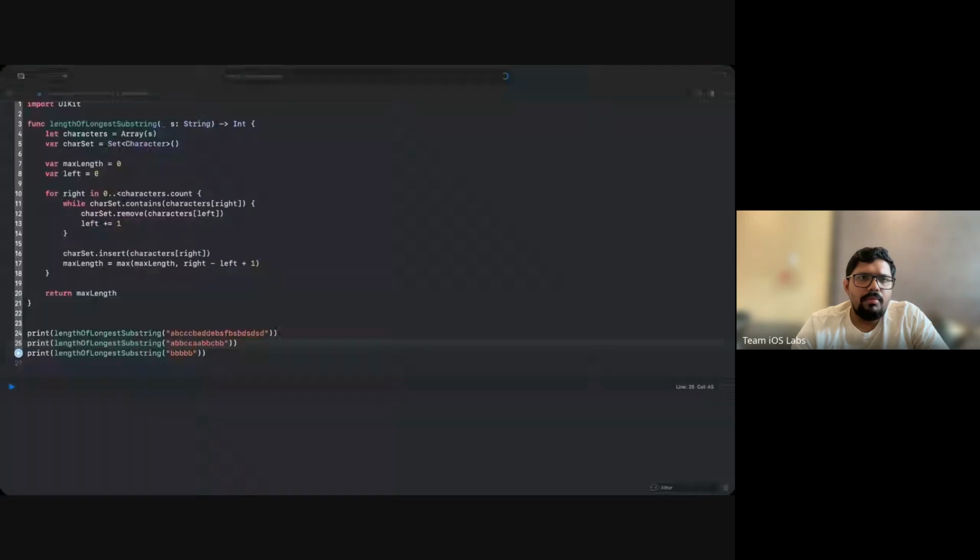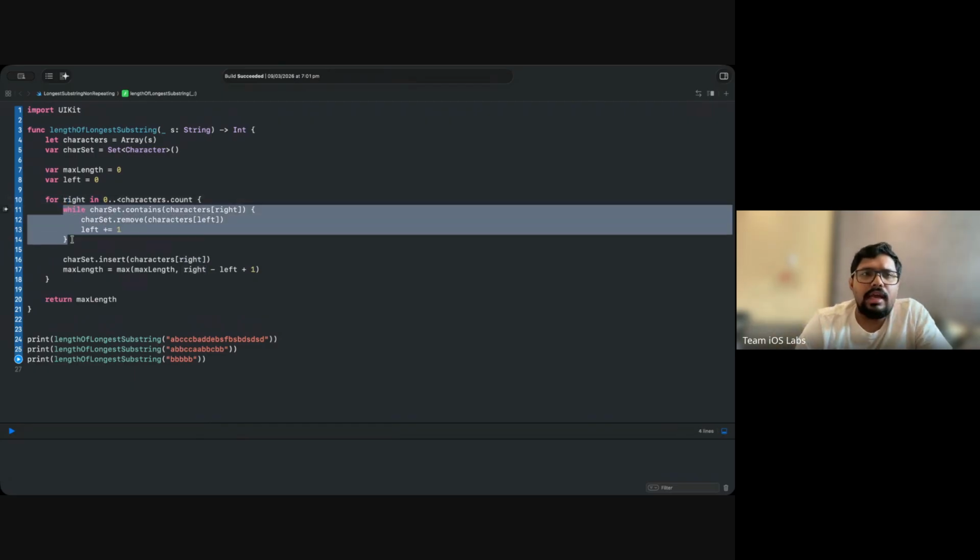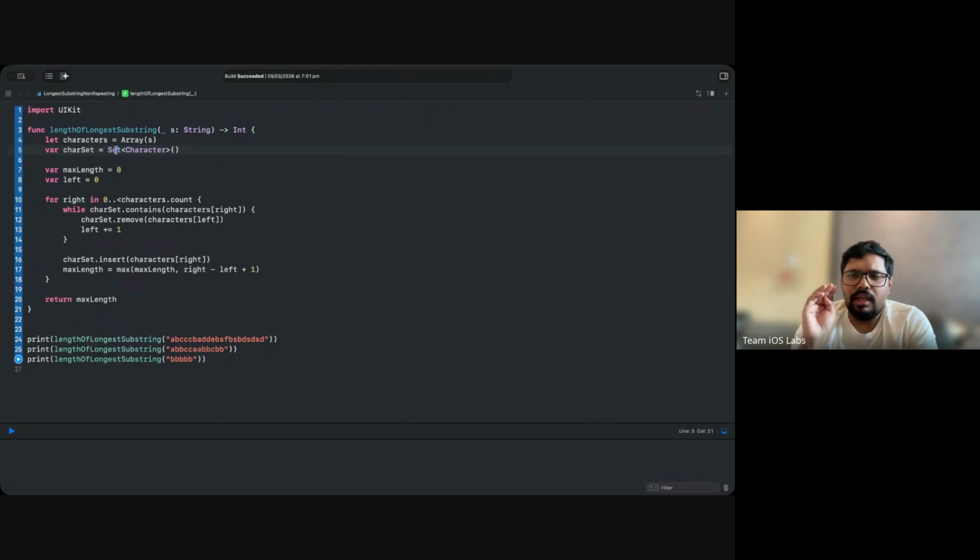sliding window. Let me open it. Longest substring. Yeah, I hope my screen is visible. Xcode. So what we are doing here is what I was explaining on the whiteboard. This is for cancelling out the characters, and to maintain the unique character set, we are using a set. As we know, in a set only unique characters can be stored, no repeating value or characters. So a set is basically for maintaining unique values.